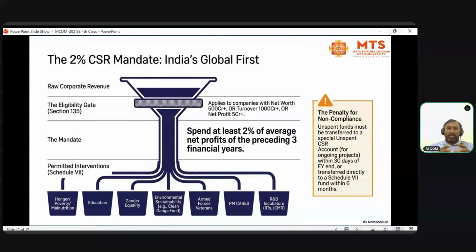So this is the system, filtering to hunger, poverty, malnutrition, education, gender equality, environmental sustainability, armed forces veterans, PM CARES, development incubators, IITs and IIMs. So the penalty for non-compliance